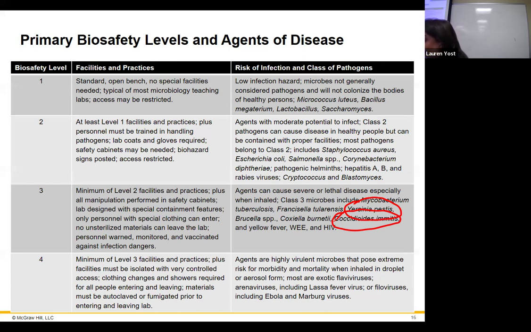But I got the opportunity when I was in graduate school at Penn. I was working on Crimean Congo hemorrhagic fever virus. That is in most facilities a BSL-4 pathogen. Now the Army says it's BSL-3 plus, but they just didn't want to have to deal with it in BSL-4. They made a rule for themselves. So whatever, that's the Army. You can't do anything about that. The CDC said BSL-4, and that's what everybody else says.